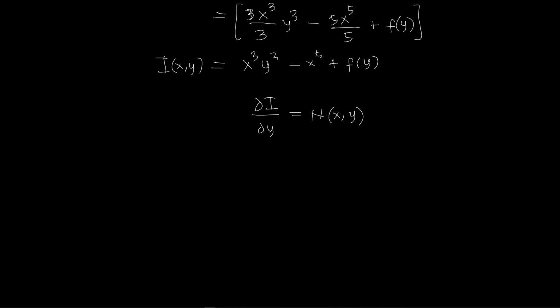So, unsa man ang partial derivative ni I? Di ba mao man yung atong I. Okay, unsa man ang partial derivative ni I with respect to y, setting x as constant. Okay. So, we have 3x cubed y squared. Tama ba? Constant ang x cubed. So, 3, mababa ang 3 sa y, tapos y squared. Then, minus 0. 0 man na. Constant man na siya. So, 0. Plus